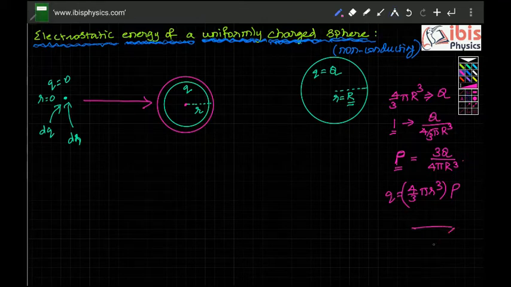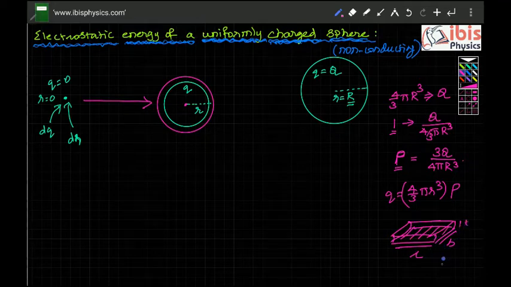You know the other thing. Suppose you have a rectangle of length L and breadth B. When you add a small layer on this rectangle of thickness T, then it will become a cuboid. Then the volume of this cuboid is L B into the thickness added, T. L into B is area, into thickness added T. Then the increase in volume is equal to A into T. But here, this is not straightforward that way. This is like 4 pi r squared, the surface area. On that you are adding a small thickness dr. This thickness is dr actually.